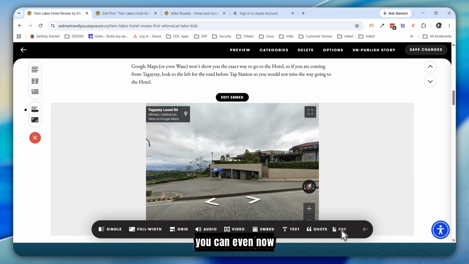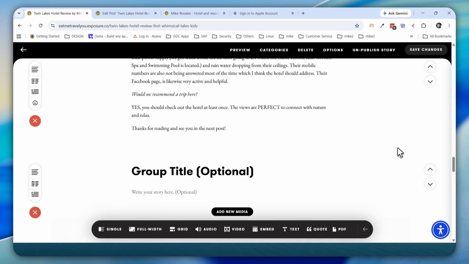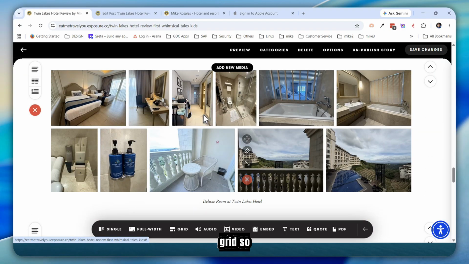You can even now upload PDFs here, a code, if you'd like it to have a section for codes. And most importantly, it has a built-in grid. So